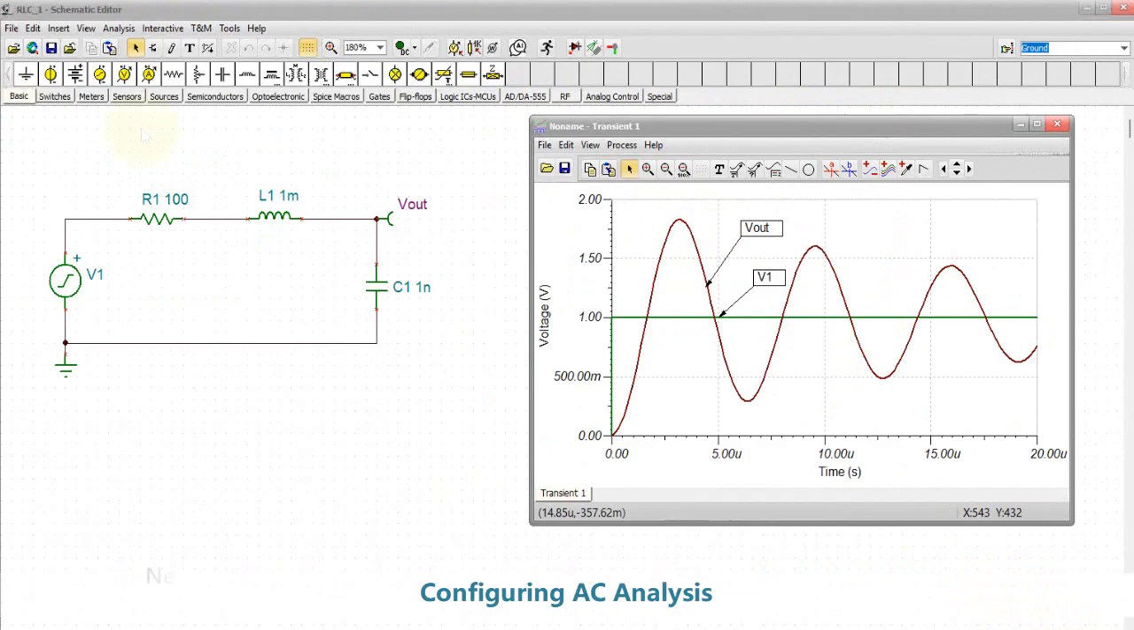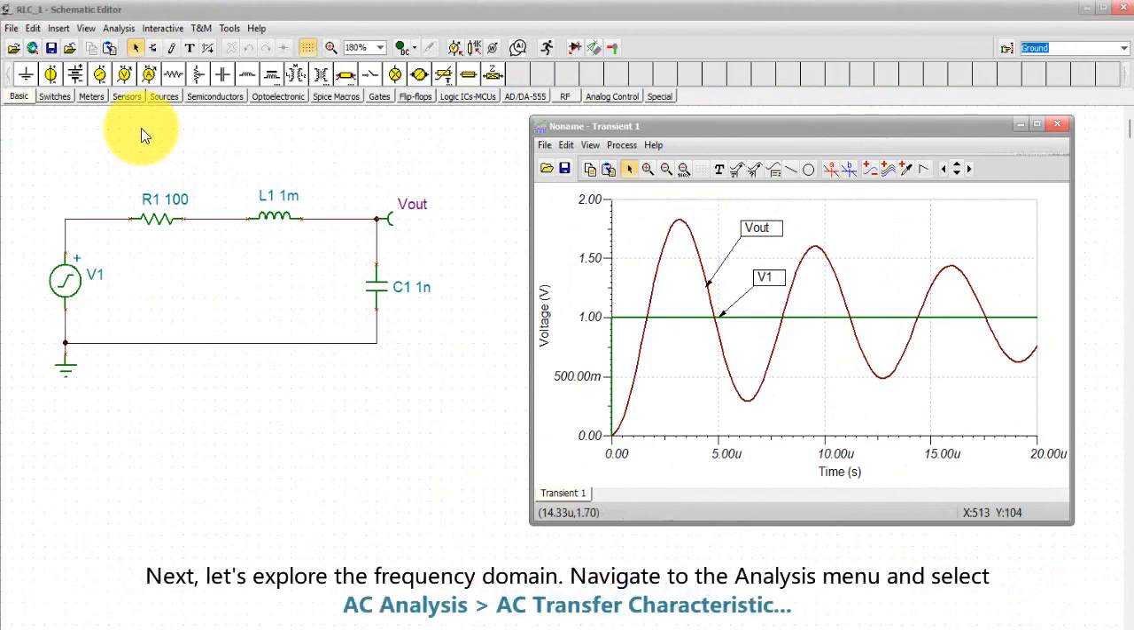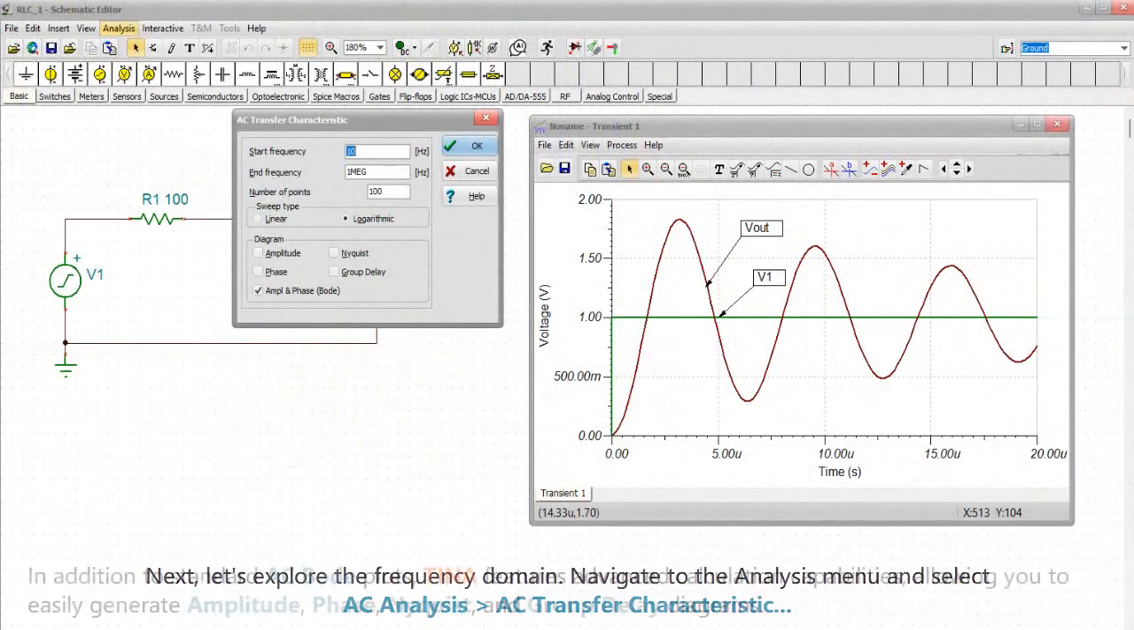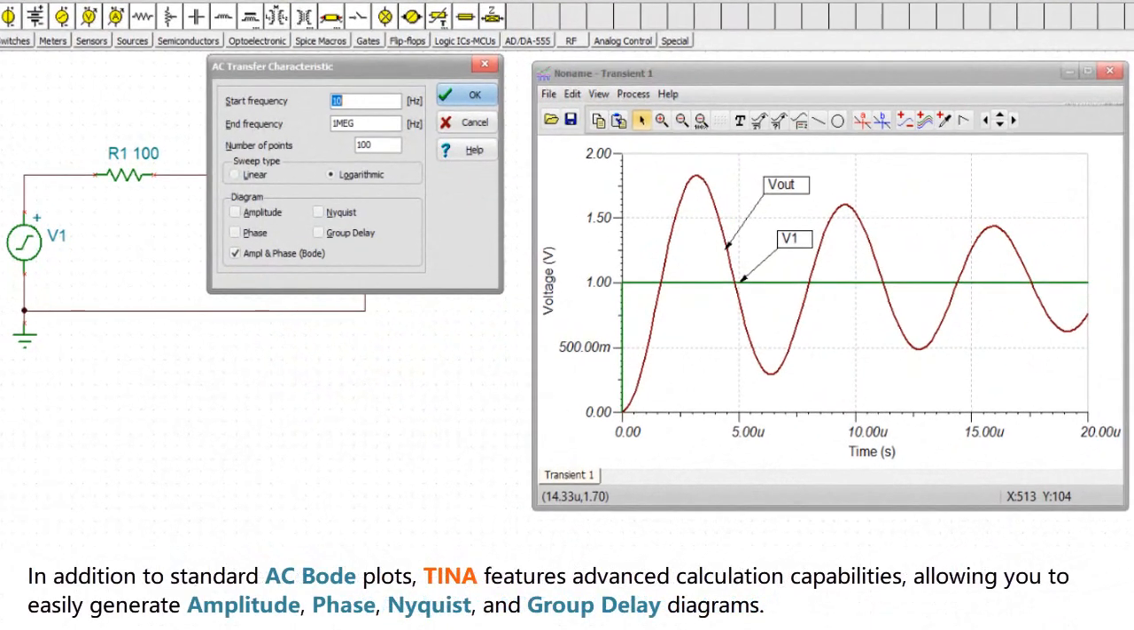Configuring AC analysis. Next, let's explore the frequency domain. Navigate to the Analysis menu and select AC Analysis, AC Transfer Characteristic. In addition to standard AC Bode plots, TINA features advanced calculation capabilities, allowing you to easily generate amplitude, phase, Nyquist,